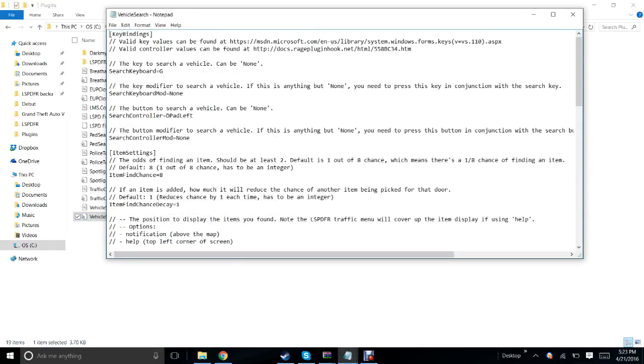So now this is the INI file. This is how you can change things. When I play the game, I don't like to have just the G key as the key, because when you use just the G key, when you're using police radio, it also gives you an interaction window, and if you hit the G key, it'll search the vehicle. So what I do is I come down here,